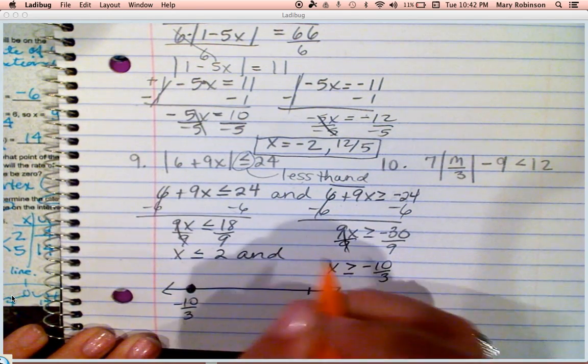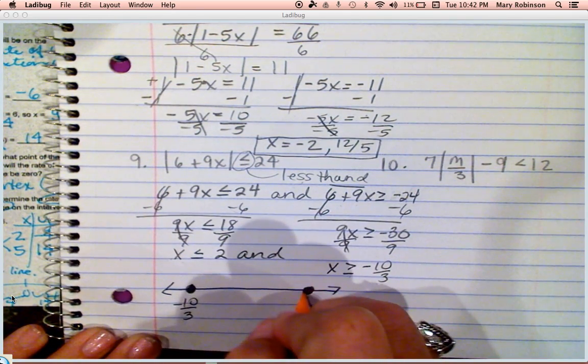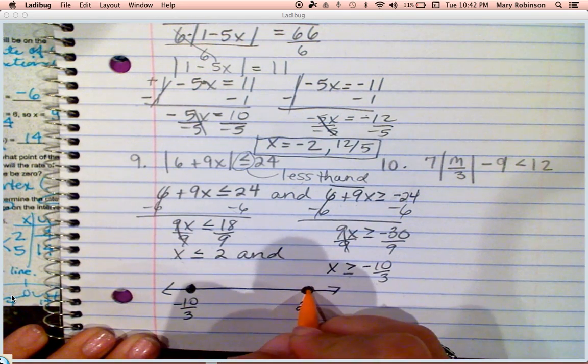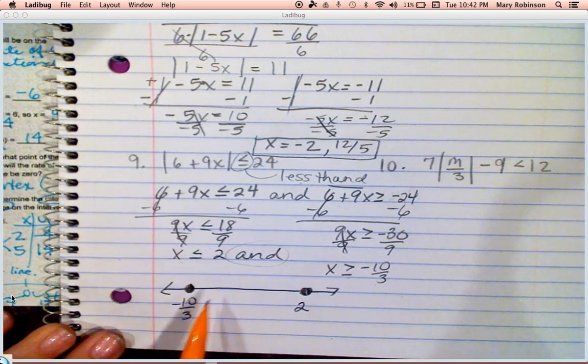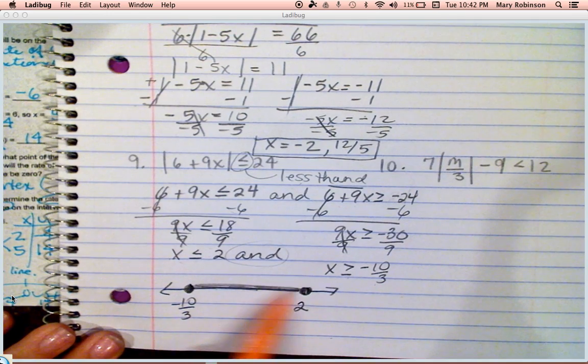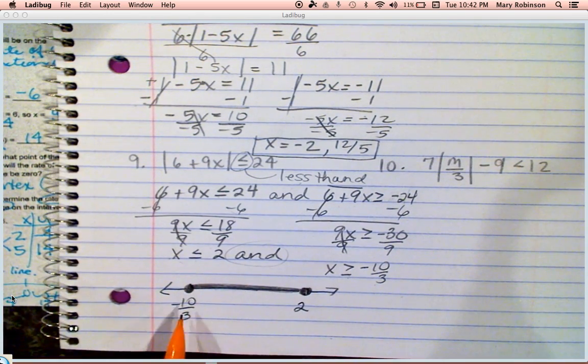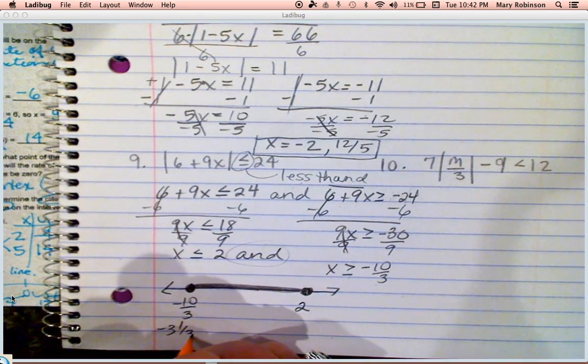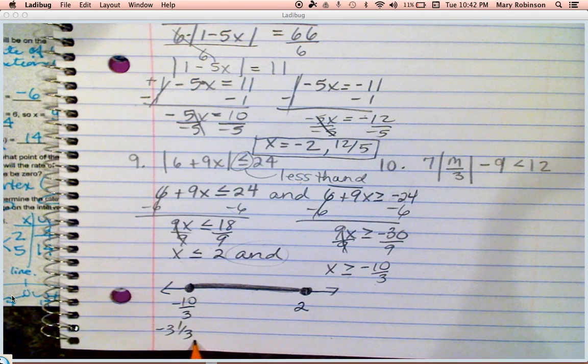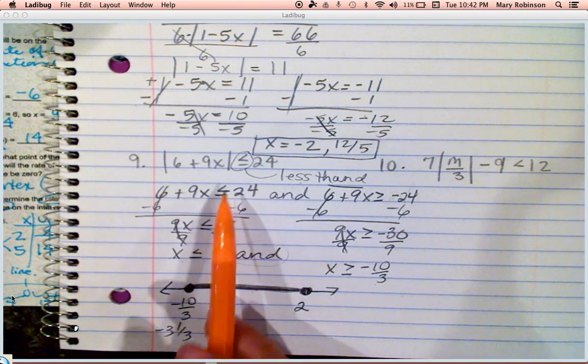This larger number, the 2, goes on the right with an equal sign under it, so we close the circle. And means you shade in between. This means that any number in between negative 3 and 2, any number we pick between negative 3 and 2, if we were to plug into this inequality, would make it